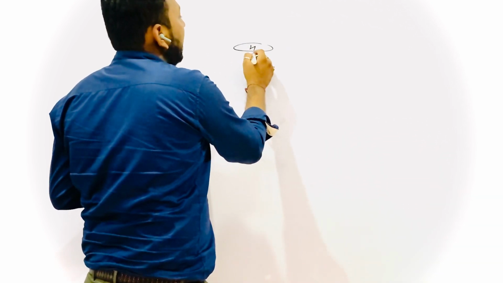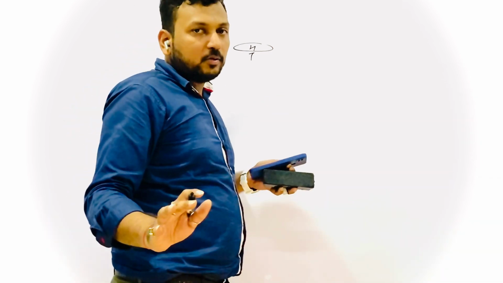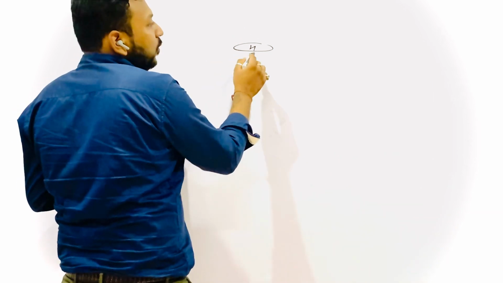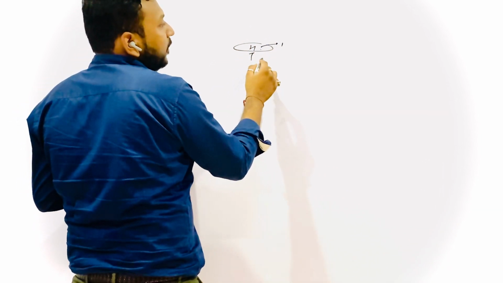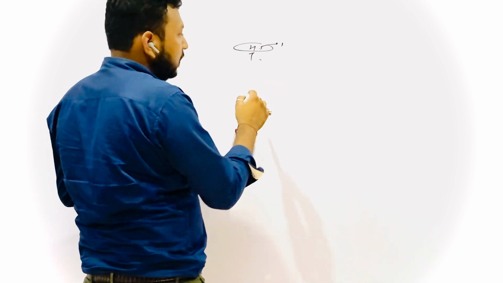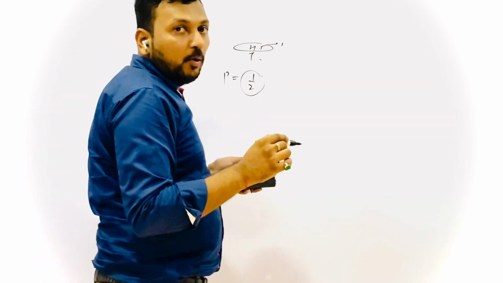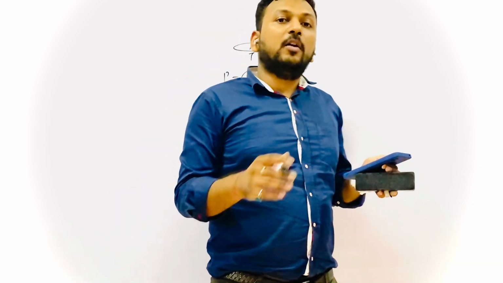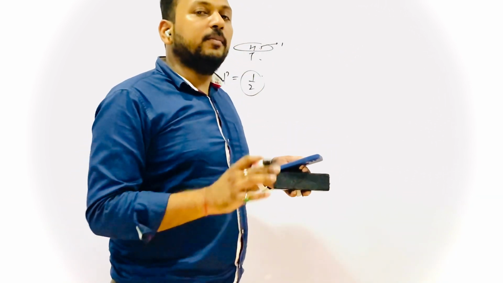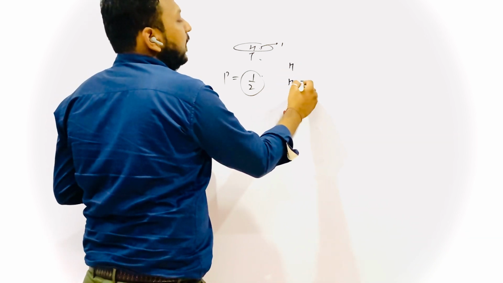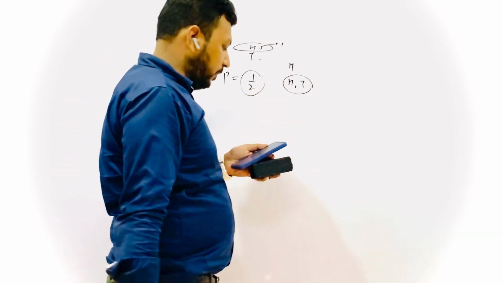So getting a head. A coin has head and tail. Now it is an unbiased coin. Anything can come. Equal probability. So what is the probability of getting a head? I want to get a head, that is 1. But total there are 2 cases. So the probability is 1 by 2. You have to write in good manner in the exams. Favorable outcomes by total outcomes. Then you have to mention the favorable cases H, total cases H and T. Then you will get the full marks.